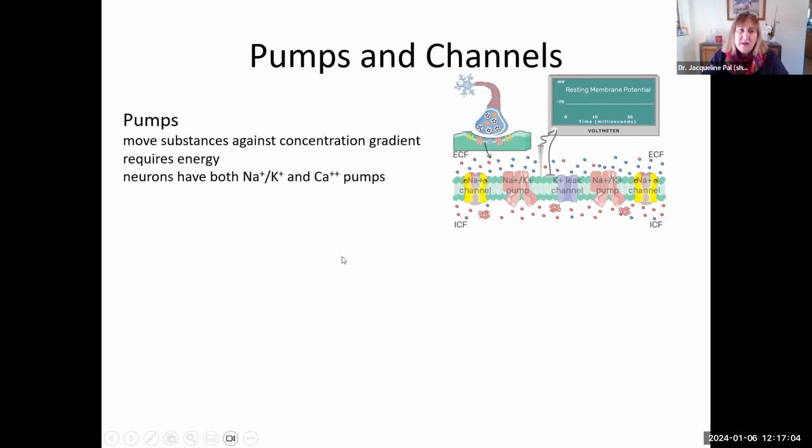So pumps, as you recall, require energy and are going to move things against a concentration gradient or up the gradient. And in the neurons, we're going to have our typical sodium-potassium pump, but we also have calcium pumps. We haven't talked much about calcium pumps, but calcium pumps are really important not only in the neuron, but also in muscle to reduce the level of calcium in the cytosol, because it's really important to keep the cytosol levels of calcium low so that when we have an influx of calcium through a calcium channel, we then will have